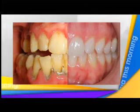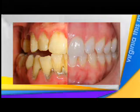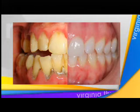Periodontal disease is actually the number one reason why adults lose their teeth, but more importantly, it's been linked to increased risks of heart attack and stroke and respiratory problems. Patients who are diabetic have a harder time controlling their blood sugar if they have periodontal disease, and pregnant women are at a higher risk of premature birth and low birth weight if they have gum infection. So these are the kinds of things you look for. You can have the healthiest teeth in the world, but if your gums are not healthy, then...